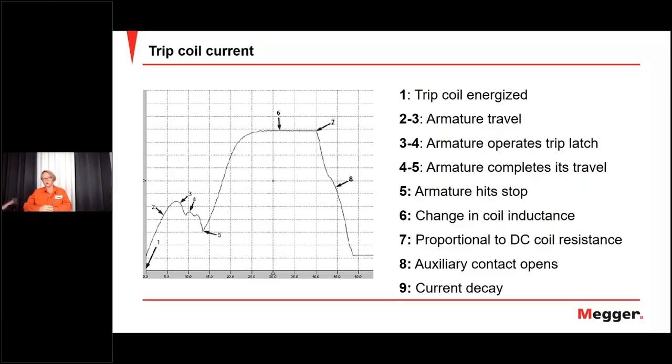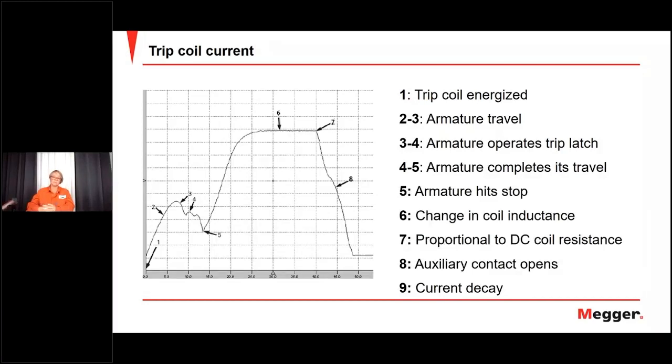So we start at number 1. That's where we send the pulse. The first thing the coil needs to do is to get magnetized. So first, it's just an electricity thing going on. Nothing physical is moving other than this current flowing. And then you start to have the armature travel. So that's where the mechanism motion sort of starts. And that pulls the energy to release the spring to do the work. Then it's